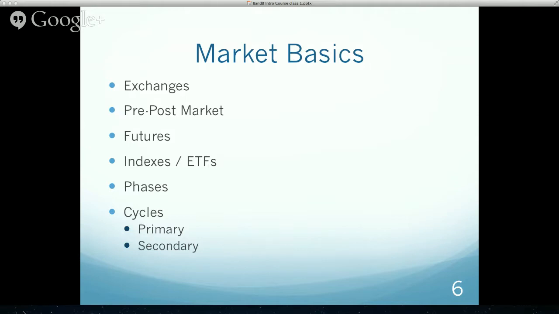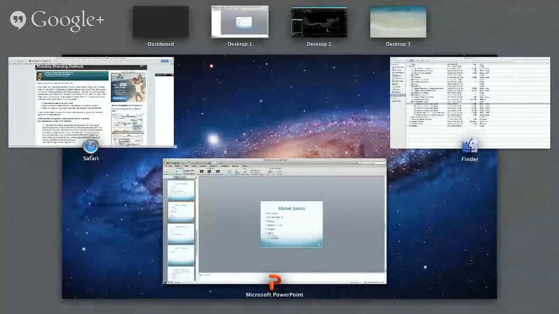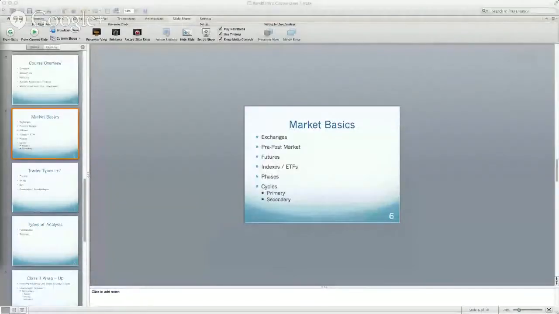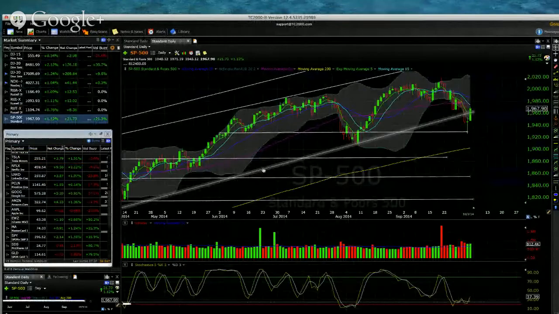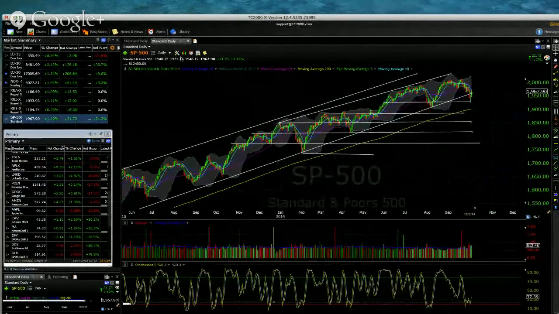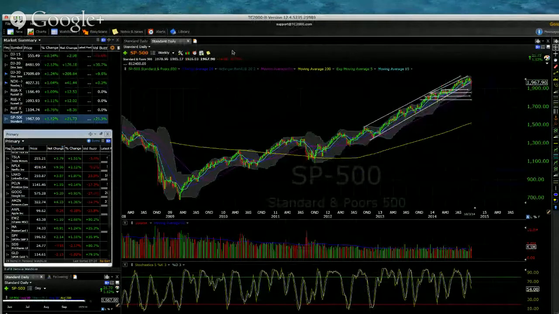There are four major market cycles that occur. Give me a second here. There are four major market cycles that occur. And these are in your book, and we'll talk about these. Let me get a chart up for you. So what we're looking at here on the screen